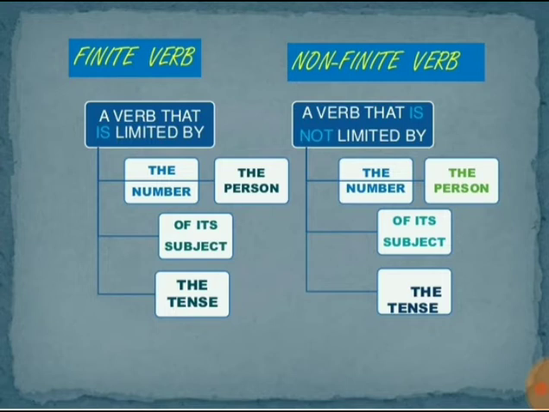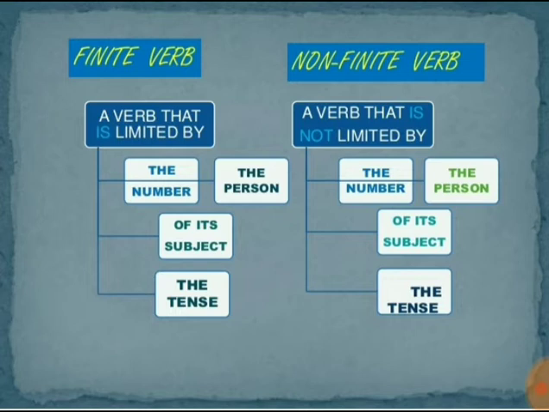Okay dear children? So majorly there are two types of verbs, the finite verbs and non-finite verbs. So in the previous class, I have told you what are non-finite verbs. Do you remember children? The gerund, participle and to infinitive. Yes, these are non-finite verbs. So let's see with this diagram, okay, what are finite verbs and what are non-finite verbs.